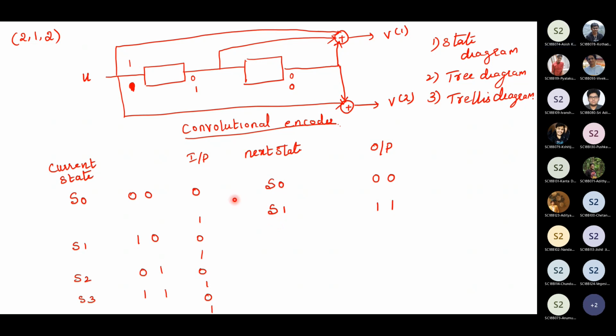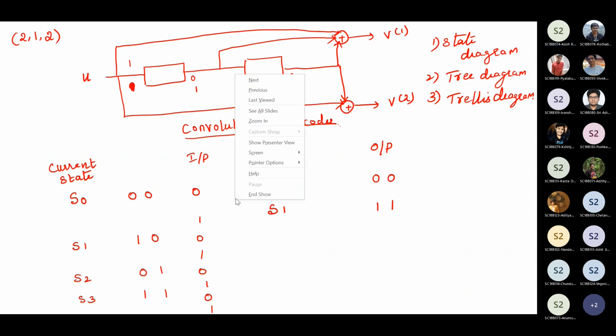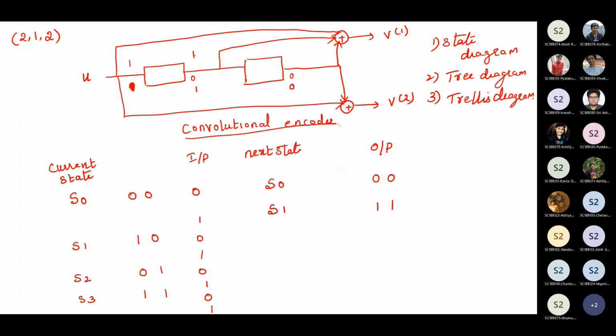Yes, ma'am. So similar way, 1, 0 you are going to give. The input will be 0. So 0 plus 1 plus 0, here the corresponding output will be 1. Next output will be 0. So what is the next state? 0 is input, right? So when you give a 0 input, when the clock comes, because now you are in the state of 1, 0, it will be 0, 1. 0, 1 means it is in the S2 state.